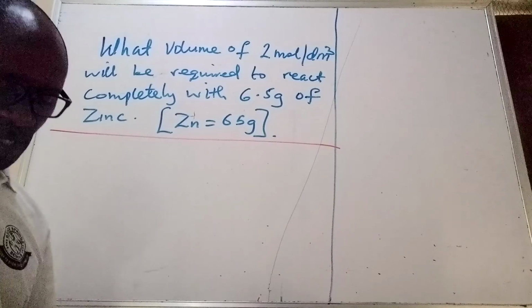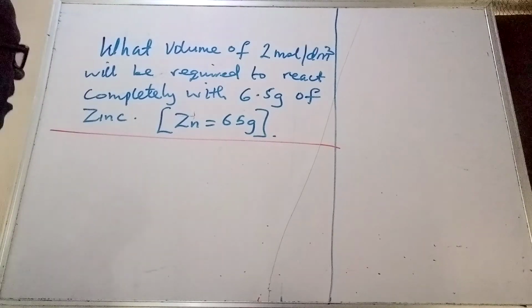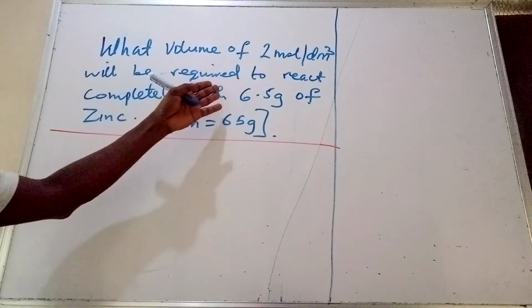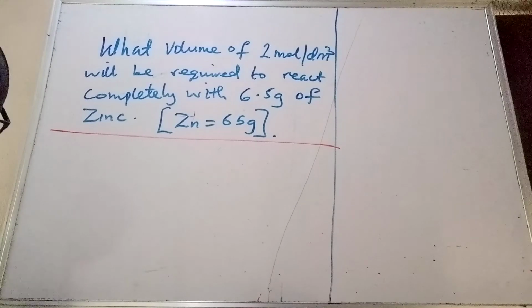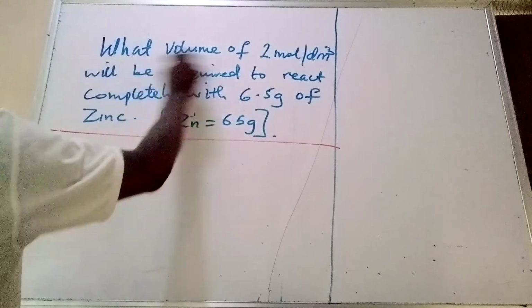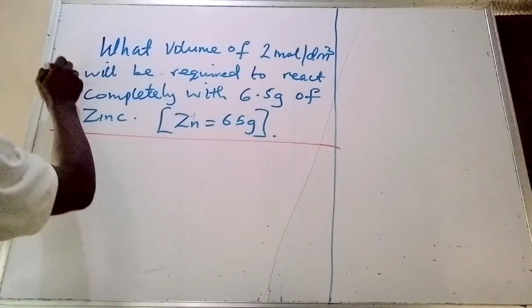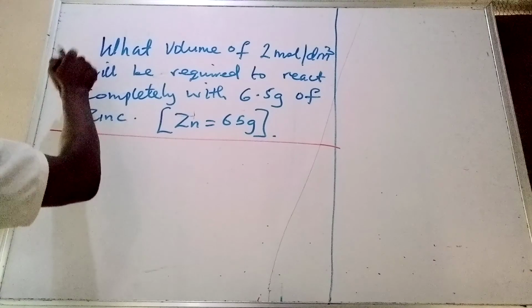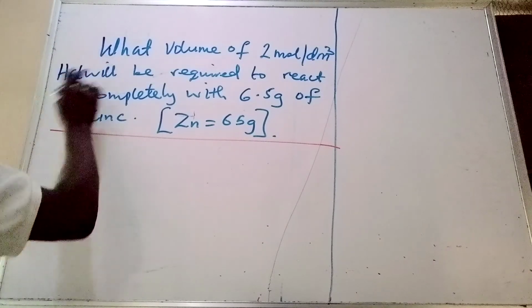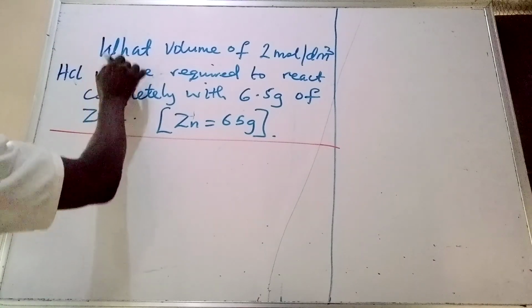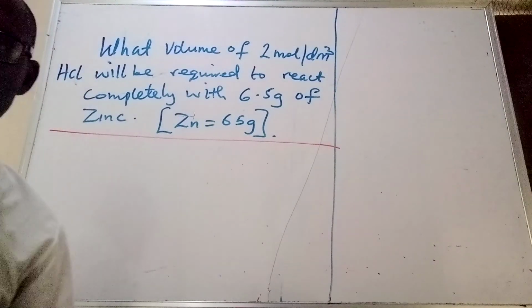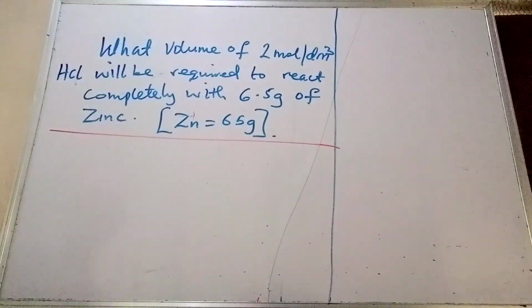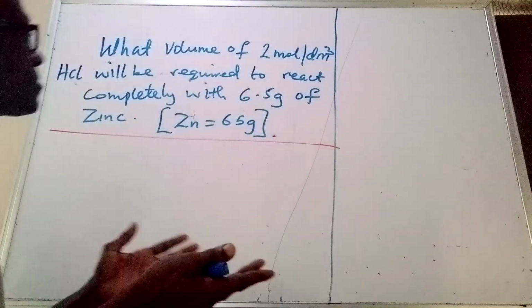So, the solid used here is zinc. All right. There's an omission. This is 2 mole per dm cube HCl. Yeah, HCl. Okay, that means the acid we are talking about here is what? Hydrochloric acid. So the first thing is you write the equation of reaction between